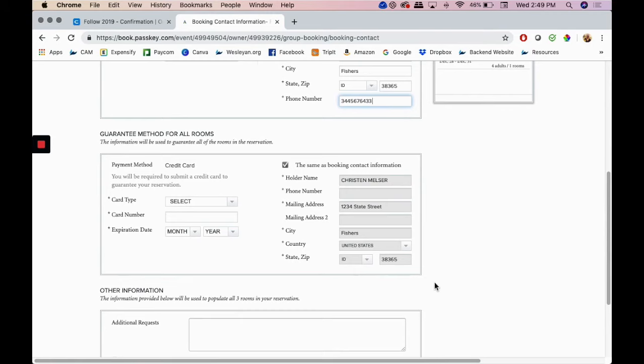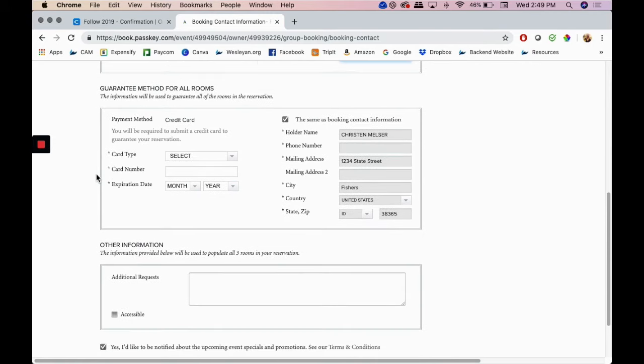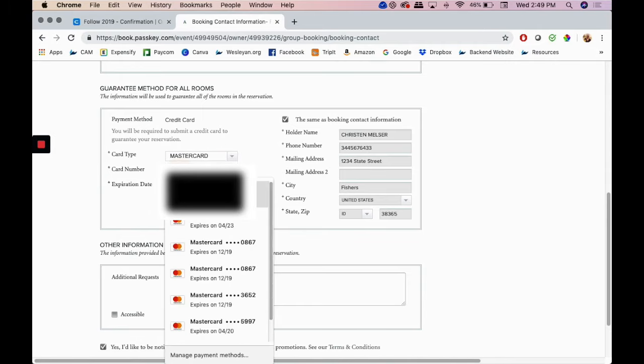There we go. Down here is the guaranteed method. This is basically for incidentals. Your card will not be charged for room or tax. This is basically if any room that you're staying in gets damaged while you're there. This is for us to have information on file of where to charge those things to. And so you'll need to put in your card type and the number,